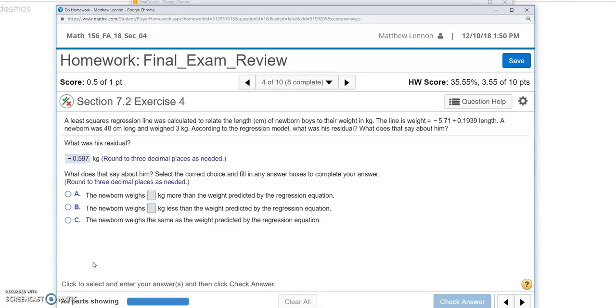Okay, so for this example, again, what we're doing is we're trying to find the residual. They give us the equation of the line. So basically, you have the weight equals negative 0.571 plus 0.1939 times the length. So we have the actual data, and remember the residual is the observed value minus the expected value. So what would the model predict? Well, it would predict the weight based on the 48 centimeters in length. So we could figure out that number on the calculator by doing